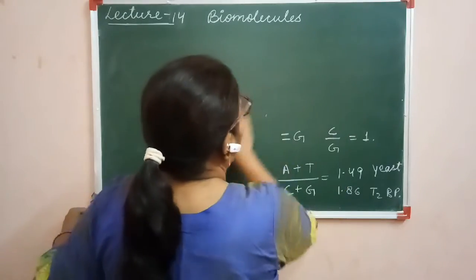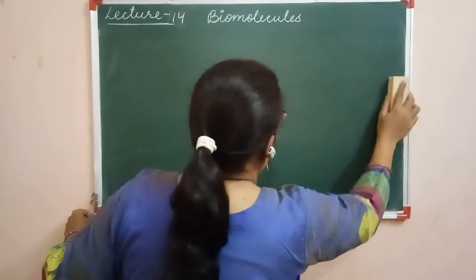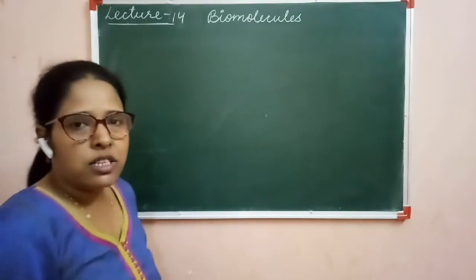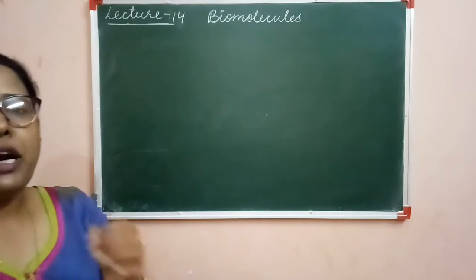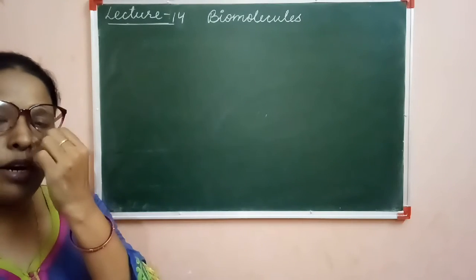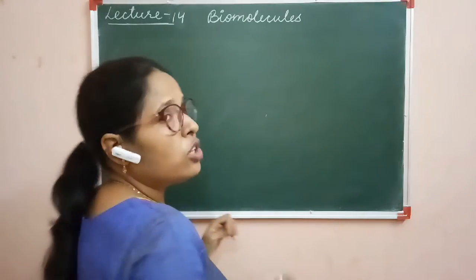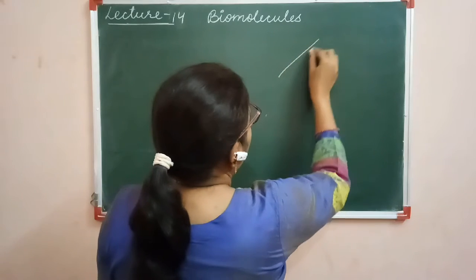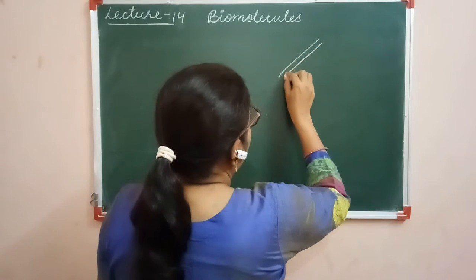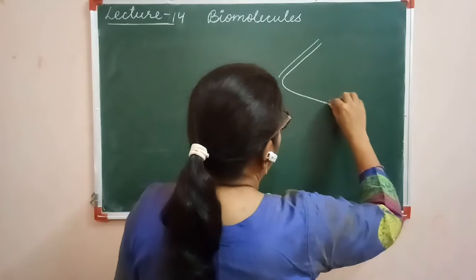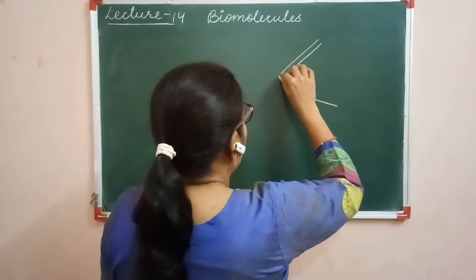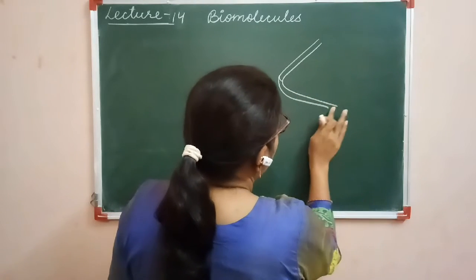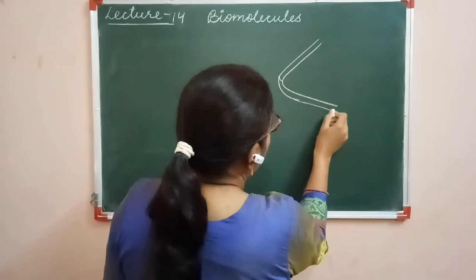First of all, we have to draw the simple structure of DNA, the two strands, and after that we will draw the skeletal structure, which is made up of pentose sugar, phosphoric acid and the nitrogenous bases. Here the two strands. One strand is this. This is coiled here like this. This is not overlapping. Clear? So this is the one strand.